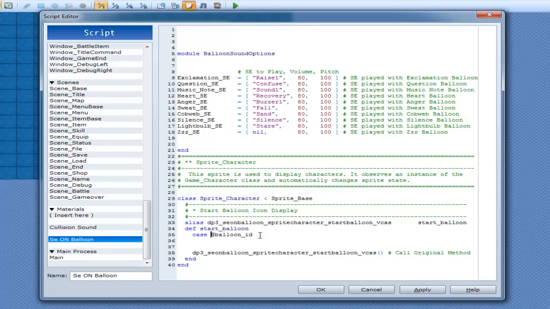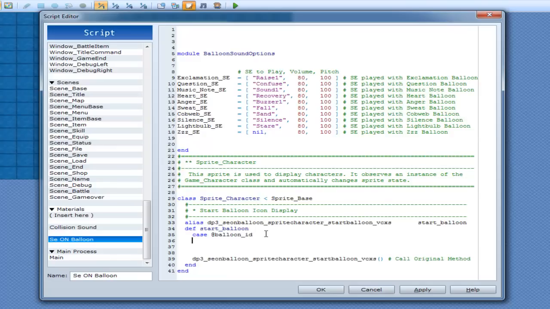Now as you can recall about cases, it's like when 1, when 2, when 3, when 4. Since we know the balloon ID actually goes up, the first balloon ID 1 is exclamation, balloon ID 2 is question mark, and then so on and so on. We can use the case ID to play sound effects appropriately. So in this case, when 1, so exclamation sound effect, we can do the following. When 1